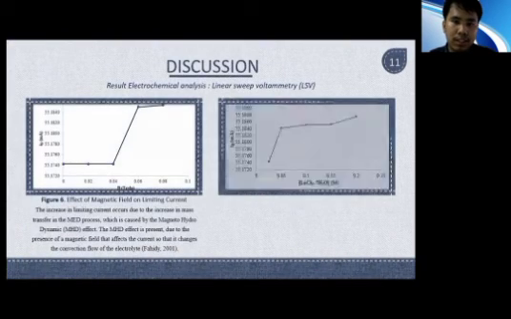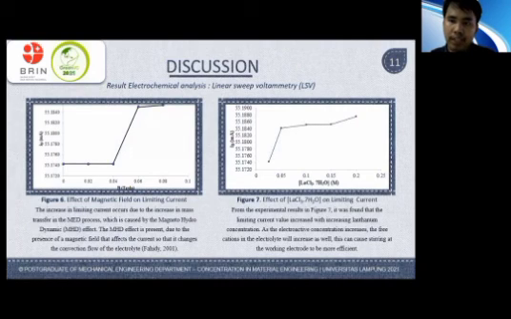So this is the result of LSV. LSV is a voltammetric technique. We scan from a low potential to a high potential, and in figure 6 we see the increasing limiting current occurs due to the increase in mass transfer in the MED process. Yeah, the MHD, or magnetohydrodynamic effect, is present due to the presence of the magnetic field. So at 600 Gauss, or 0.06 Tesla, there is a significant increase in